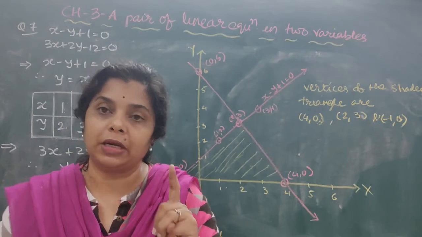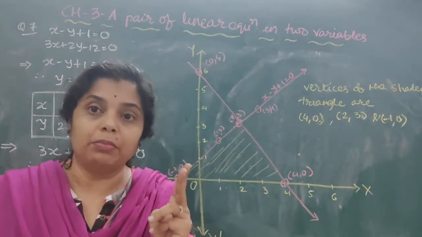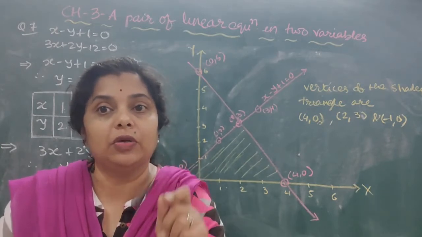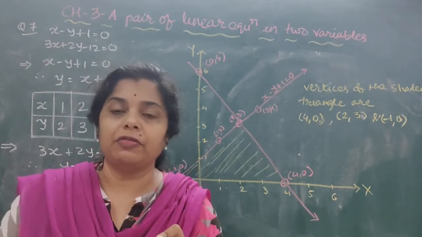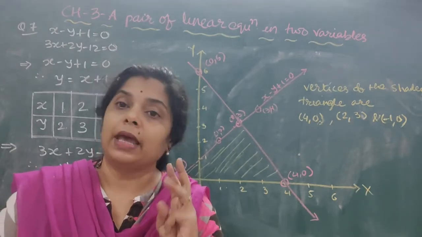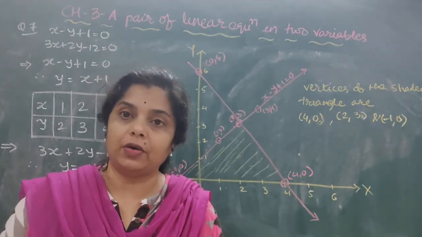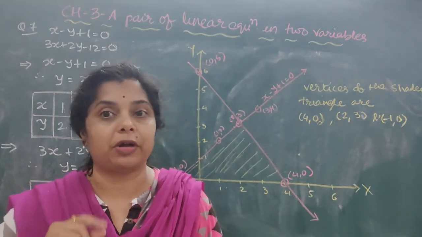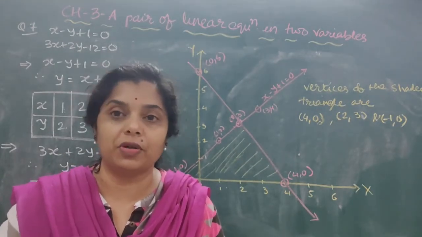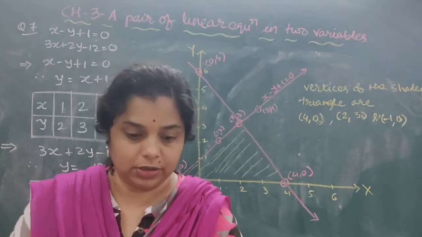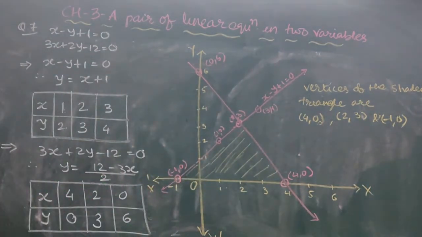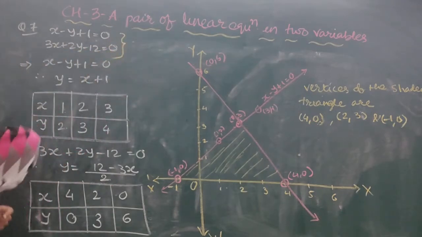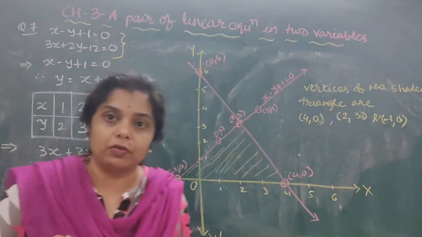First of all, we have to make a graph. Second thing, by making the graph, we have to find the region which is in a triangular shape. Okay, after finding it, we have to do the shading. And third thing, we have to find the vertices of the triangle. Vertices means you have to find the points, and points means obviously x coordinate and y coordinate. So let's see how to solve. First of all, as you know, if a pair of equations is given, to draw or plot a graph, what do we have to do?